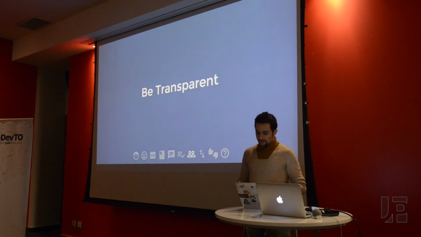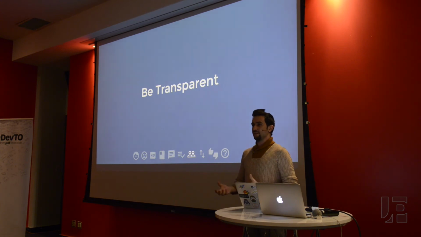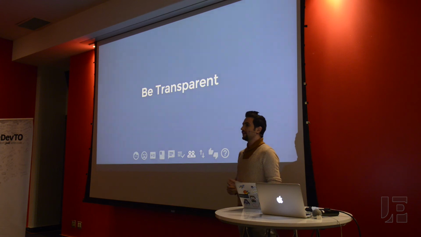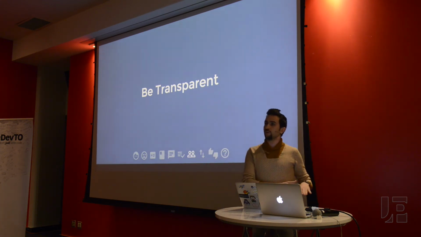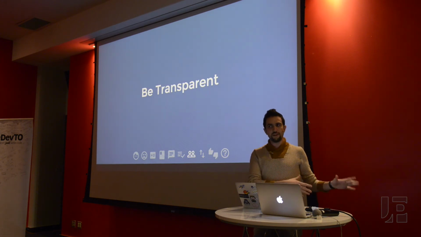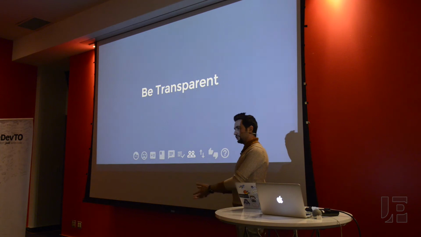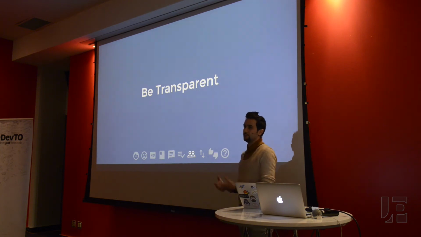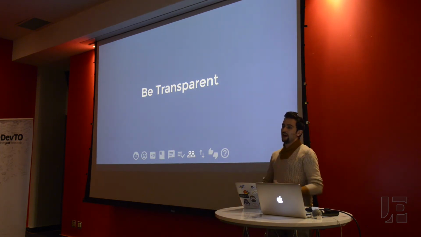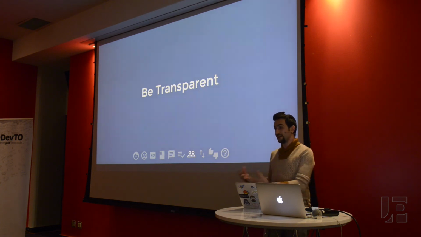And again, transparency in a lot of cases ends up being confused by position of power and position of ownership. In a lot of cases, business owners or managers think they want to shelter people from the hardship that they're dealing with. But on the other side, people who have to make decisions about the product, decisions about the code, decisions about the quality of the design, don't have that context. They're not going to be able to do the best that they can.